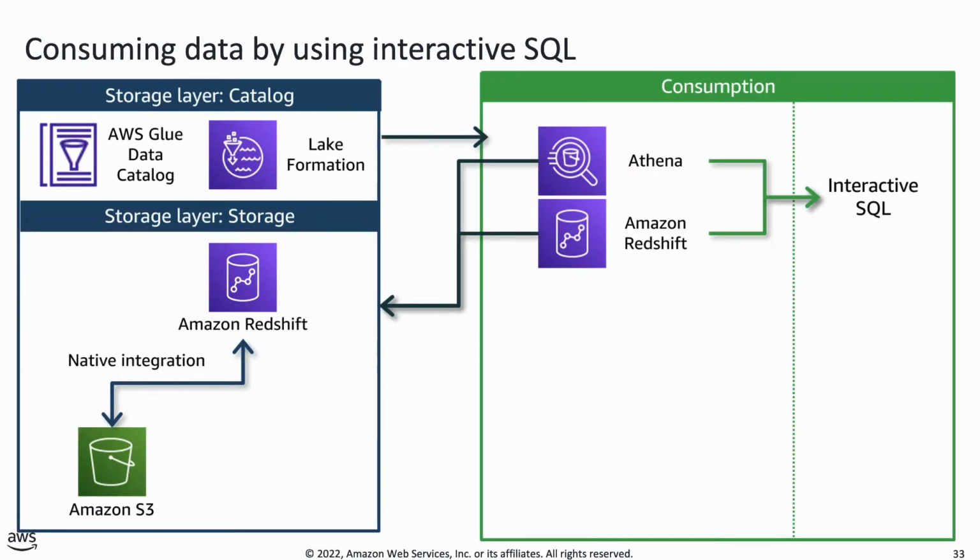If we look at consuming data by using interactive SQL, some of the things to consider would be using tools for the business analysts and the data scientists. And this would include a tool like Redshift and Redshift Spectrum and Athena. And what's really powerful is that you can store the data in one spot, but then query it using interactive SQL. So the SQL language, even though it was developed initially in the early 1970s, you can use that same query language across these sophisticated systems where there are no servers that you're actually running. You're actually having the catalog itself do a lot of the hard work,